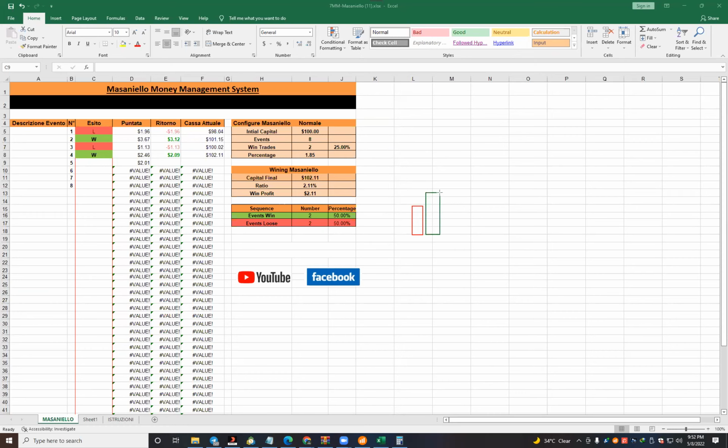The continuation pattern means after engulfing, maybe you will find the hammer, maybe you will find the inverted hammer, and maybe you will find this one, the spinning top. After this, the next candle will be green. After engulfing, if you find any continuation sign, then expect the next candle will be green. Only this is the continuation sign and continuation trading. There is no other continuation trading of the patterns.